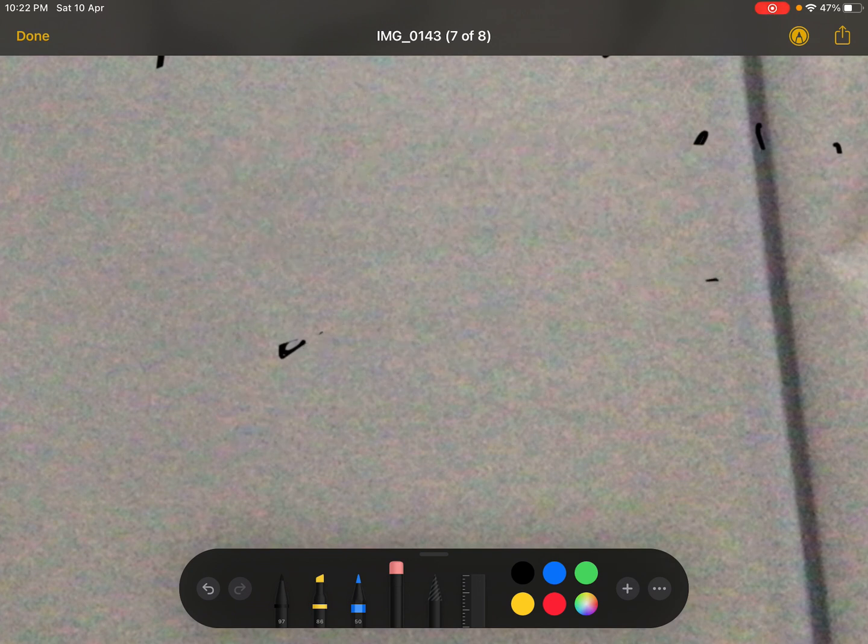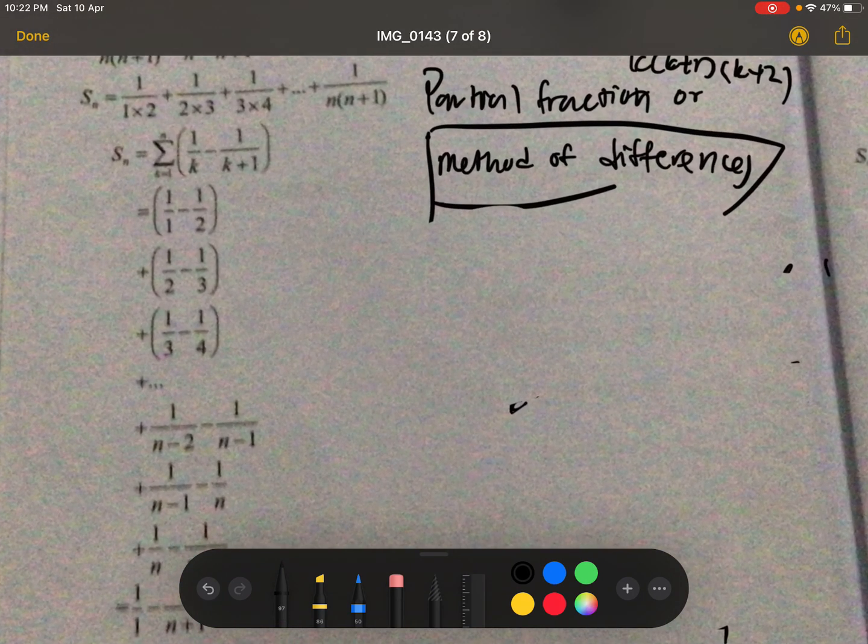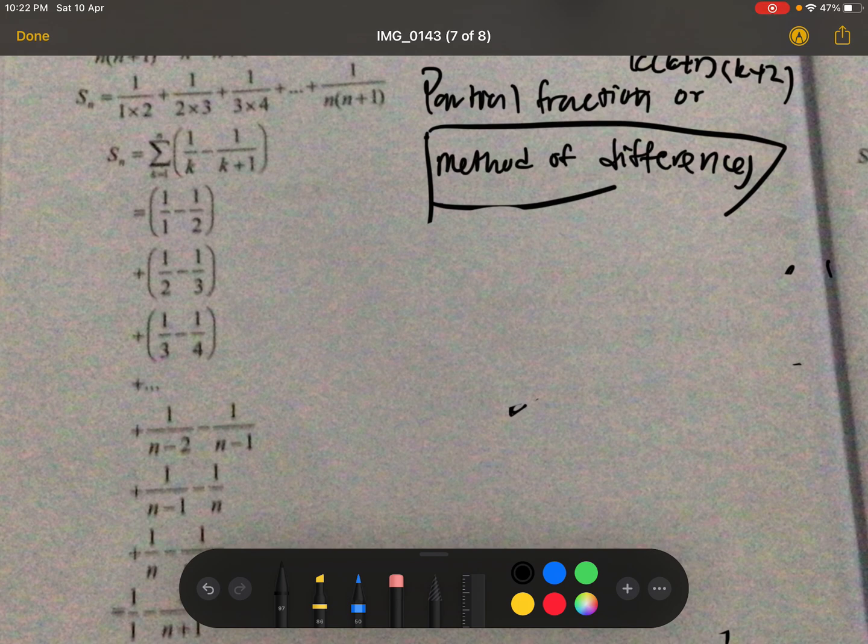If you do not feel safe with method of differences, I prefer that you do partial fractions. But if you want to save time, then you should do method of differences. So why do you want to do method of differences? Because if you do a method of differences, you will normally get a plus and then a minus, or a minus and then a plus. This is very important because